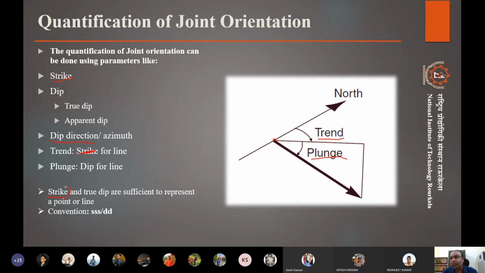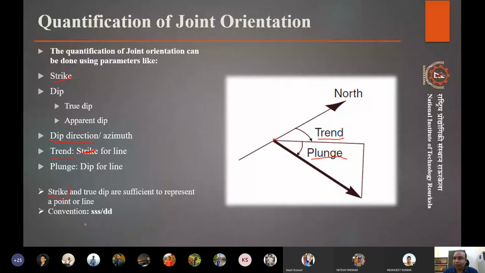For a line, we can't say strike, because the trend is what gives it the direction with respect to north, and plunge and dip are almost similar.